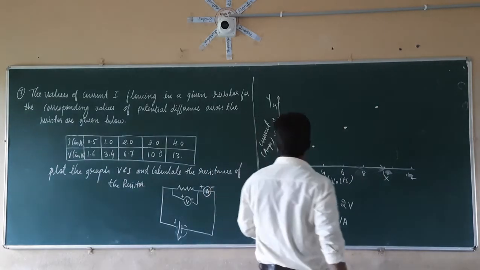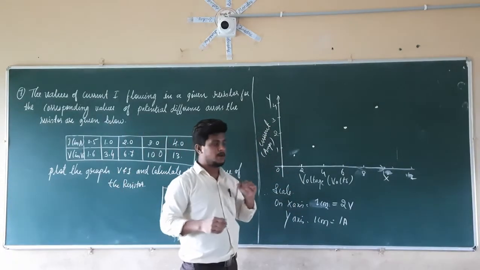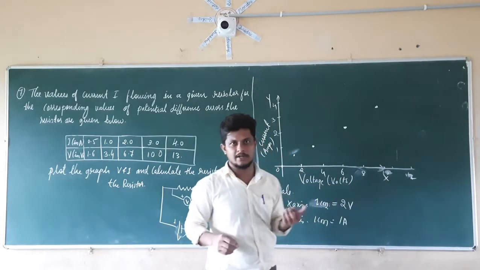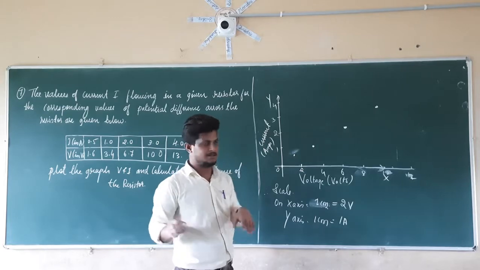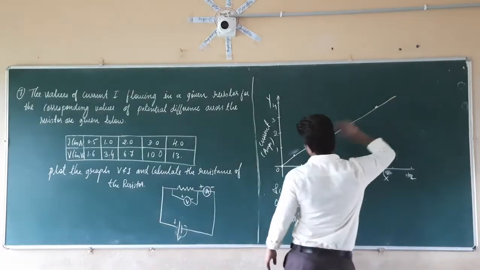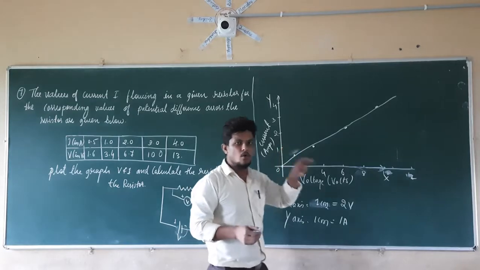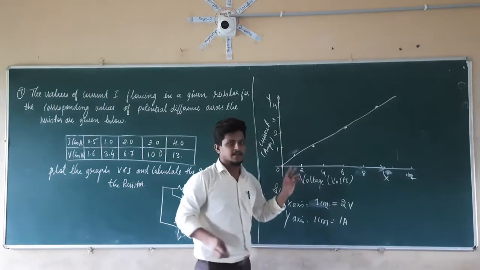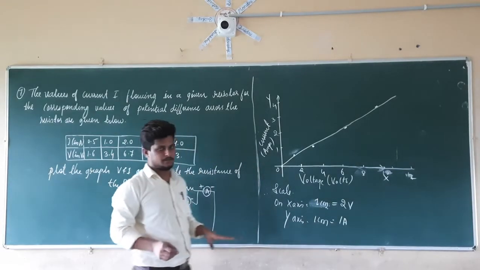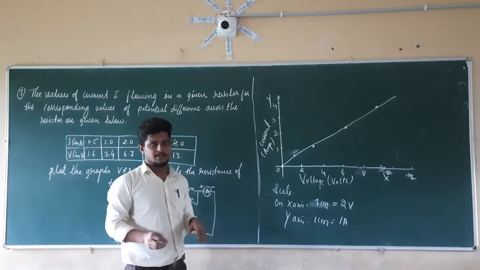Next, for 13 let us take 4, but that is going to go off the board, so I am not going to point it out. In your graph page, you should point it out and draw a line, connecting those dots with a scale. If you connect these dots like this, it is going to give a linear line. That is nothing but it is following Ohm's law. If a linear line comes like this, it is following Ohm's law. So like this you have to plot the graph. Next, what you have to find out is the resistance of the conductor here.